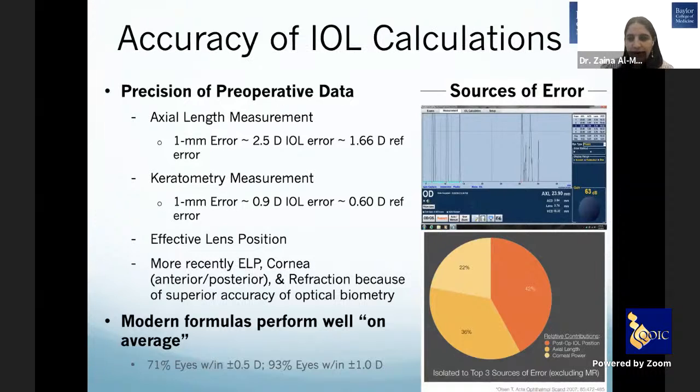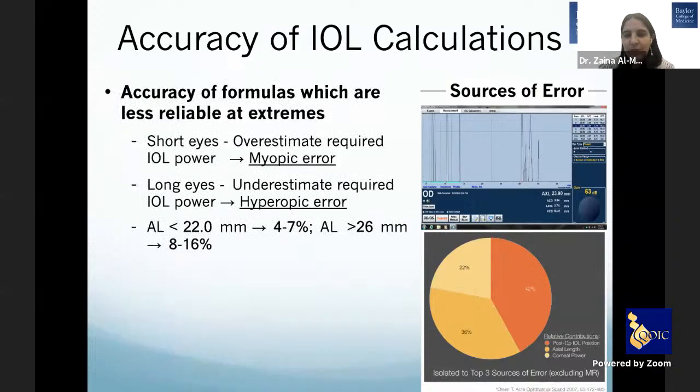If you have an error in your axial length measurement, about a 1 millimeter error, you can get a 2.5 diopter error, which translates to about 1.66 refractive error. Keratometry is a little bit less, but still significant. And of course, effective lens position. In the past, axial length used to be the problem, but with excellent optical biometry now, it's really effective lens position, cornea, measurement of true corneal power, and refraction that could be the sources of error. Modern formulas perform pretty well on average, but it's really the extremes in which patients don't do